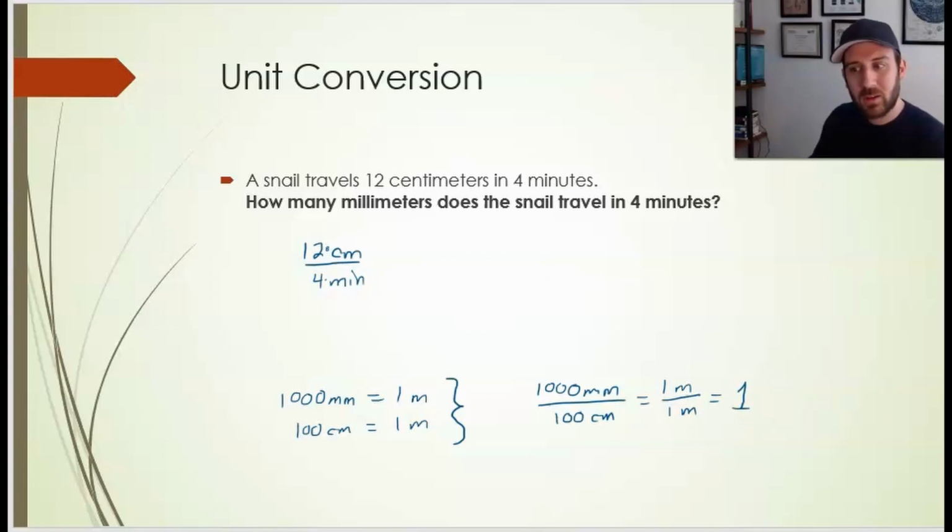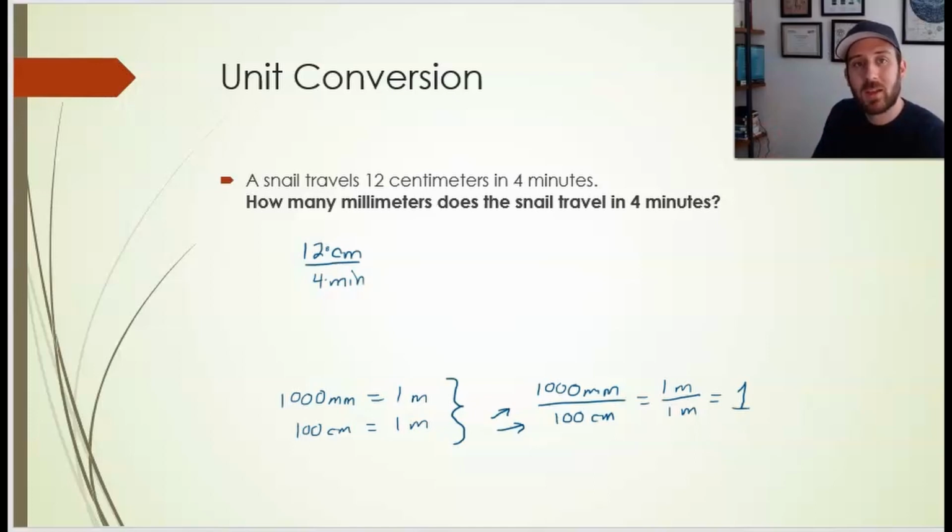So 1 is 1,000 millimeters divided by 100 centimeters. And this is a little bit odd. Why is it when I have two different things divided by themselves, I get a number 1? These don't look the same. But we remember, math is a model of logic. So it's not about how things look, it's about what they mean. And 1,000 millimeters is the exact same meaning as 100 centimeters. So when we put them on top and bottom parts of the fraction, we're dividing something by itself, and that